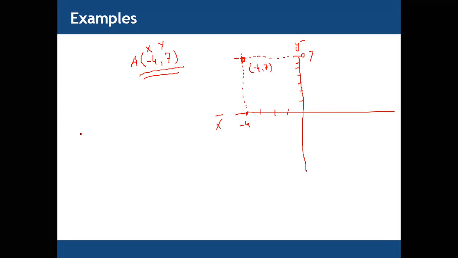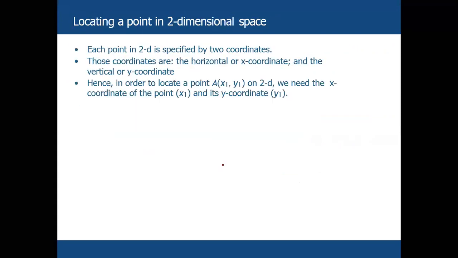Let's suppose we have another point, minus 2 and minus 5. Both are negative, so this must be from the third quadrant. How can we specify it? This is minus 2, and if we consider 1, 2, 3, 4 and 5, minus 5, joining these two points, minus 2 with minus 5. So minus 2 and minus 5. Clear? Now, how can we find distance and midpoint between these two points?